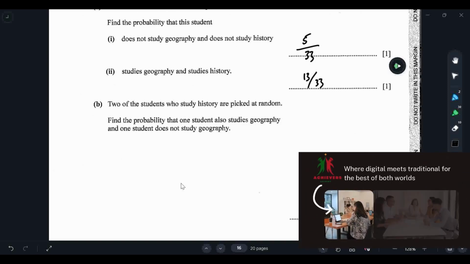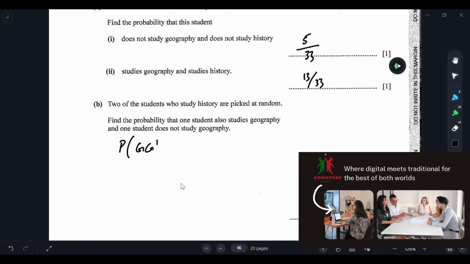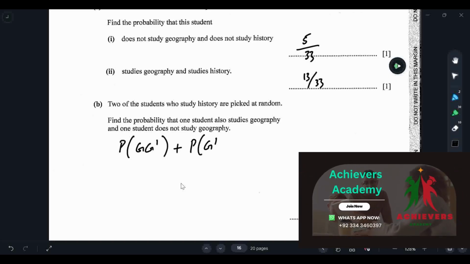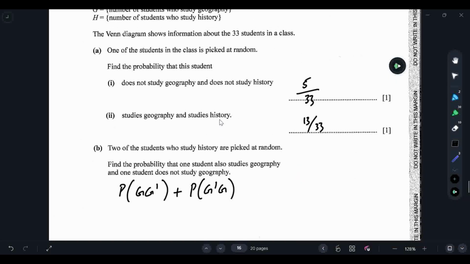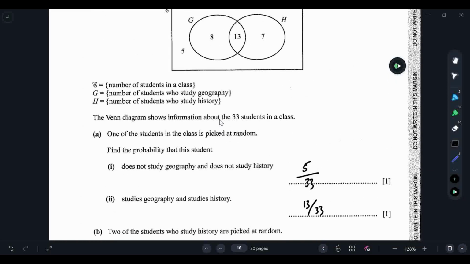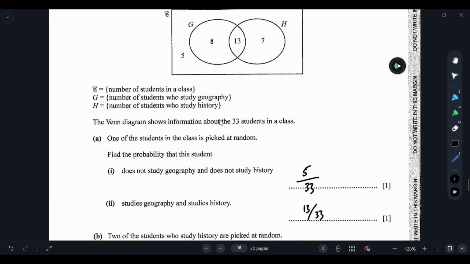Okay, so for this one we know that we need the probability of geography and not geography, plus the probability of not geography and geography. Now first of all we have to identify that the geography students will be 14. How will this be 14? Because the students who study both,